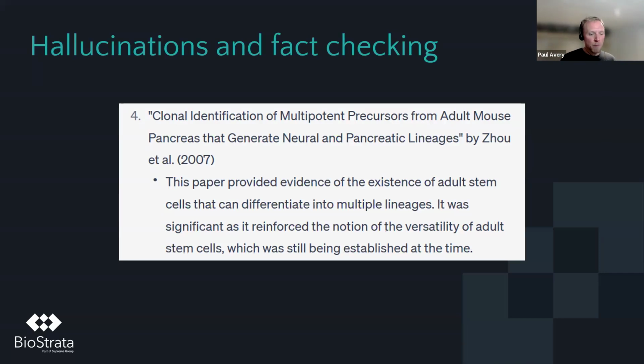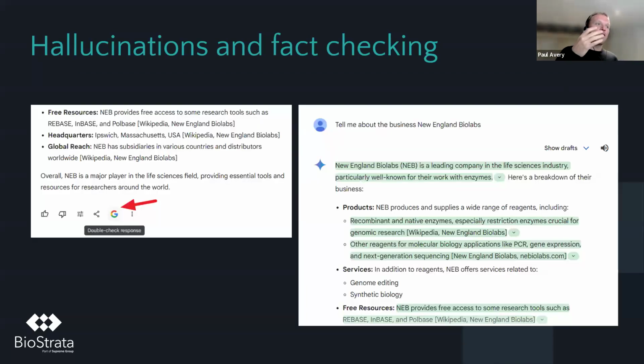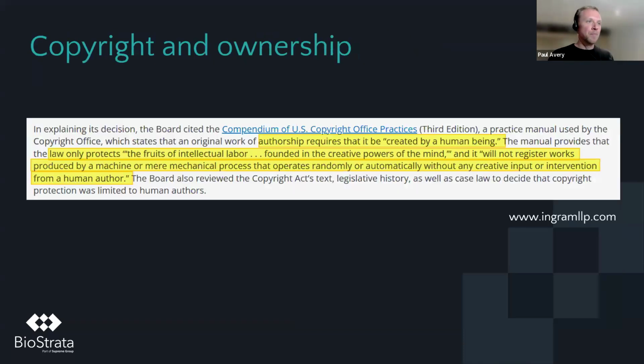And ultimately, everything you produce should be checked by an informed human. And if needed, you should do some extra due diligence to make sure that the information you're including is correct. The tools themselves are trying to help with this. Copilot now provides citations for certain amounts of information. Gemini, Google's tool, does the same. We're going to see something coming to ChatGPT soon, I think, through SearchGPT. So they are trying to improve this, and the hallucination rate has gone down. But I don't think I'd be doing my due diligence if I didn't say still check all the outputs.